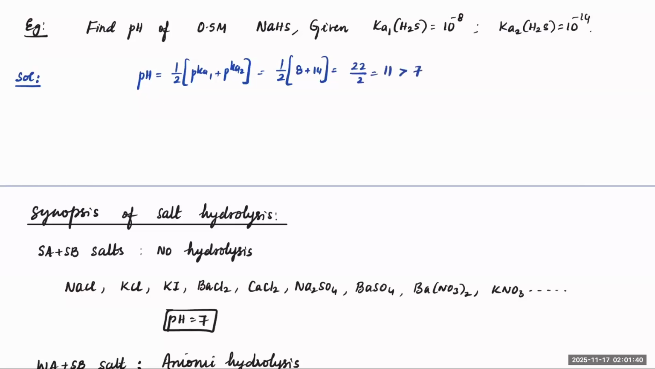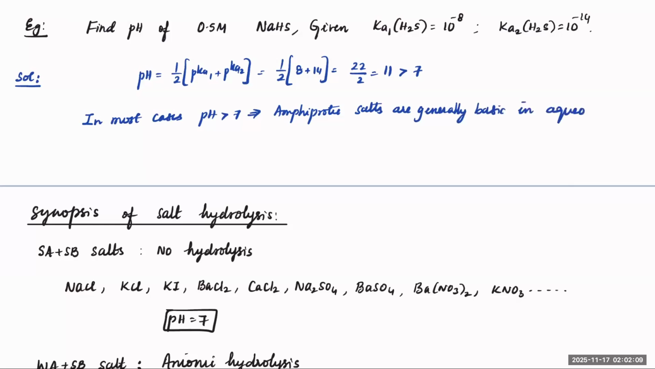So you can see it is greater than 7. So in most cases, a pH value greater than 7 implies amphoteric, amphiprotic salts are generally basic in aqueous solutions. So remember, in organic reactions,